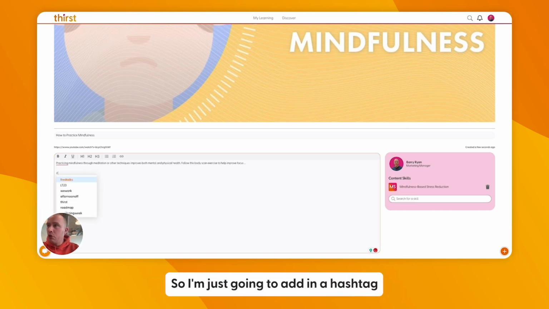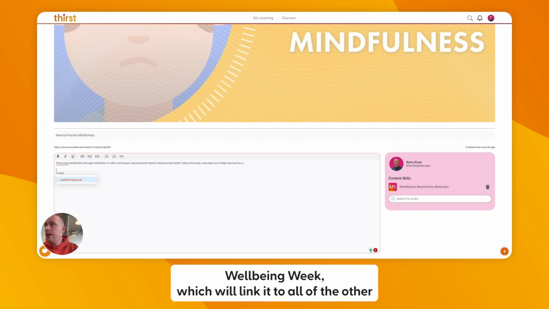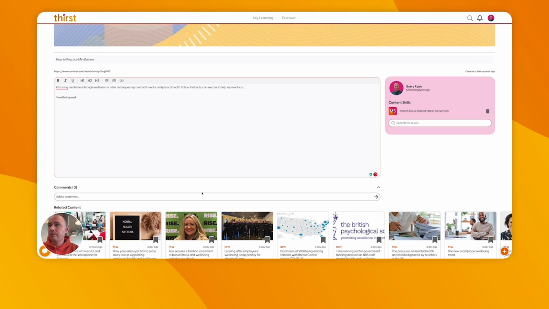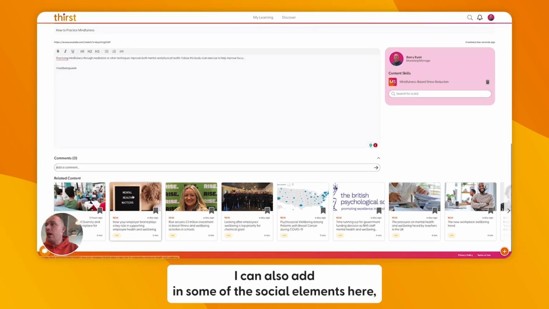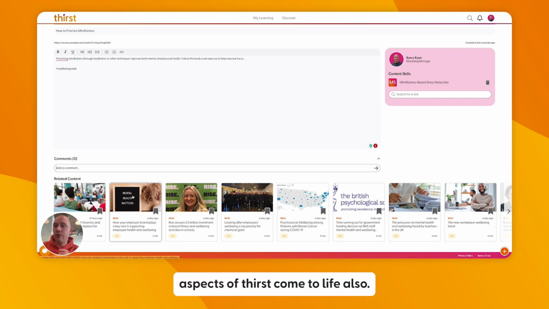So I'm just going to add in a hashtag Wellbeing Week, which will link it to all of the other wellbeing content that's been added throughout the course of the campaign. I can also add in some of the social elements here, which is where the social learning, the tacit knowledge sharing aspects of First come to life also. So if I put something like,